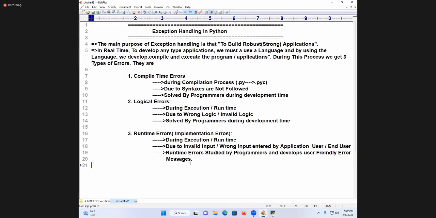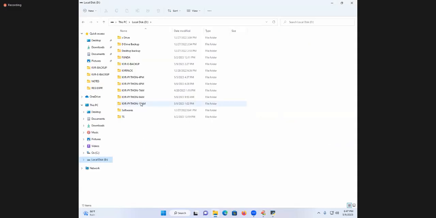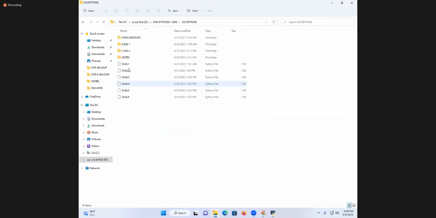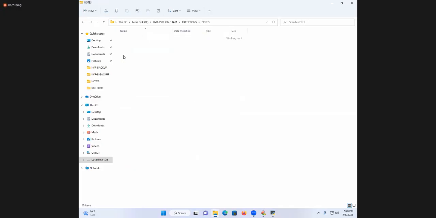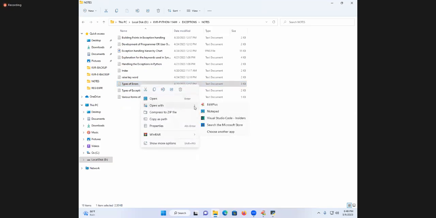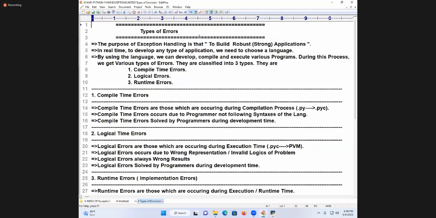Now, shall I move forward? Now I will show you a small documentation for you students. Up to here, what you learned, I'm just showing in some small documentation, because instead of typing the same thing again, I'm going to give it to you. Try to understand carefully. Come on, all of you. Try to read out what is the heading? Types of errors.